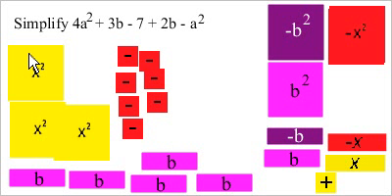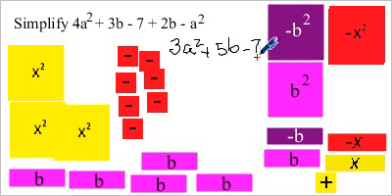And what we're left with is 3a squared plus 5b minus 7. Let me just write that down. We put them in order of degree. So we've got 3a squared plus 5b